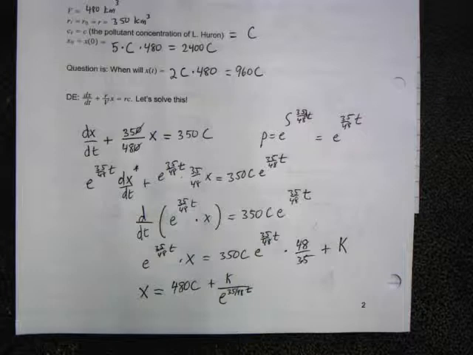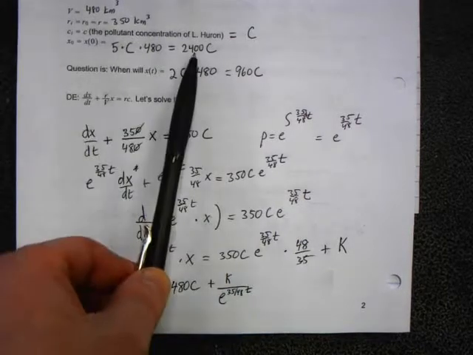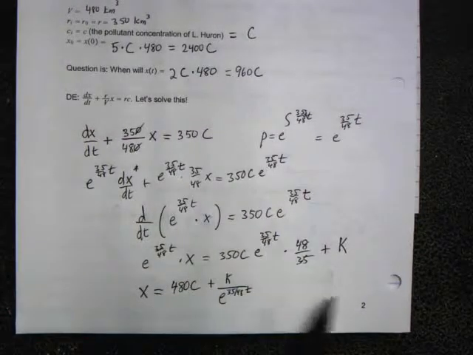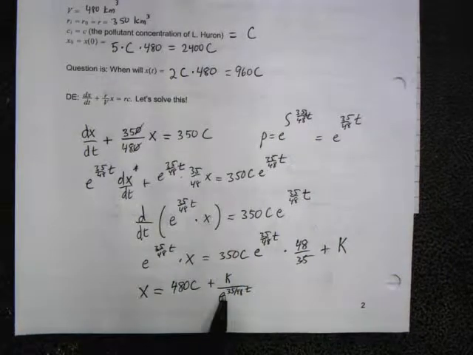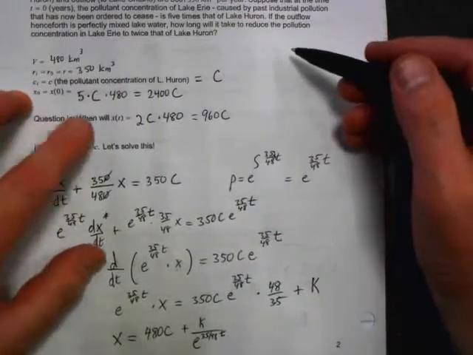What's left to do? Two more things we need to do. You don't have an initial condition. We do have an initial condition. Oh, you do. So x at 0 was 2400c. So we're going to plug in our initial condition, and that will allow us to figure out k. So let's do that. I'll go back up here because I'm running out of room. I plug in my initial condition,